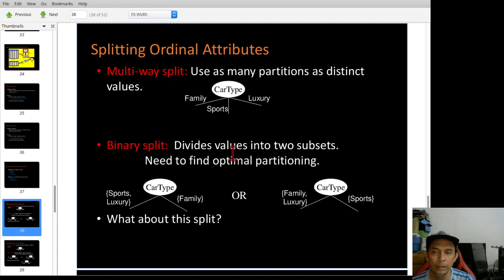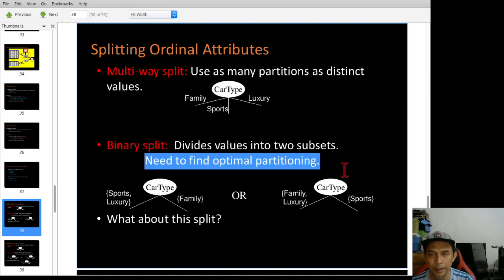But again, now you have this dilemma: how to find the optimal partitioning. You can group sport and luxury in one group and family in another group, or family and luxury in group A and sports in group B. So with binary split, you have this challenge.